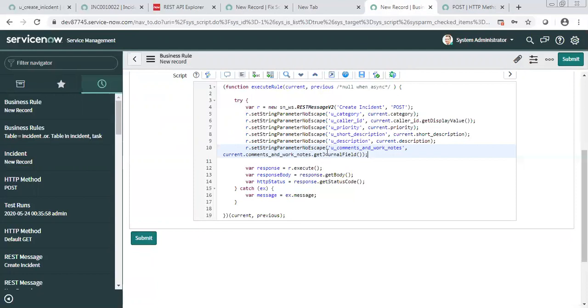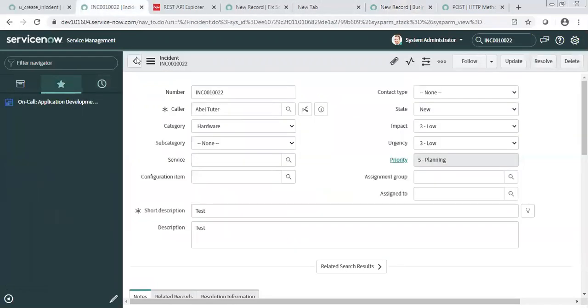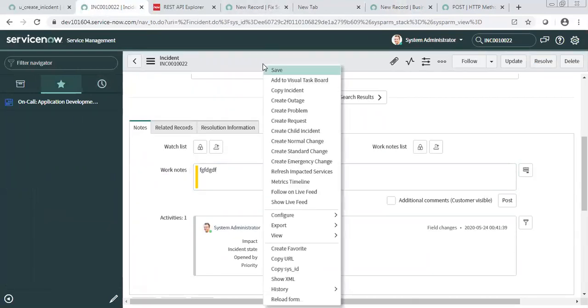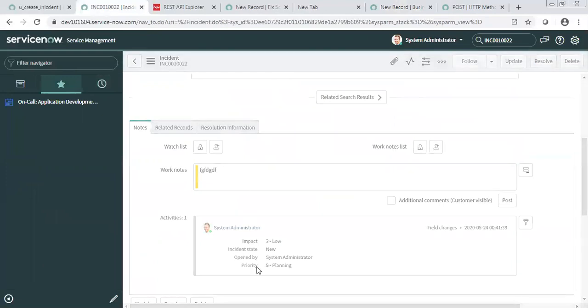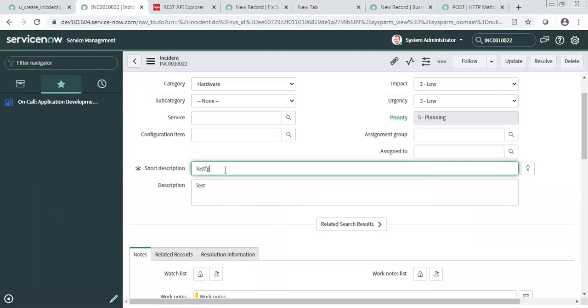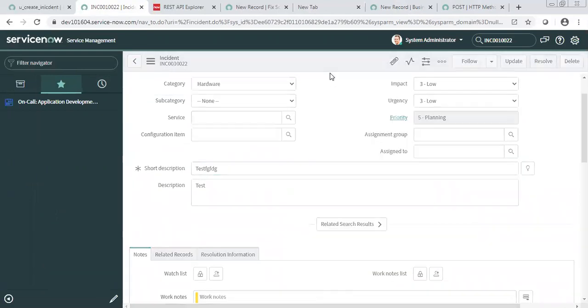Because for the journal field, you can get the value like this only. Priority is not a journal field. Journal field is something where you type something and then it doesn't stay here, it comes into the activity. But if we type here, it stays here. So it is not a journal field.